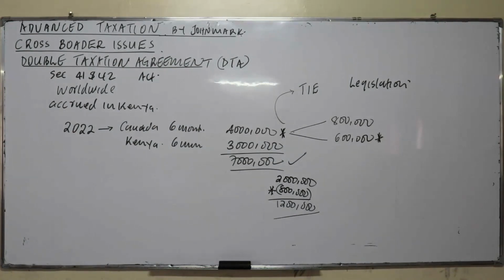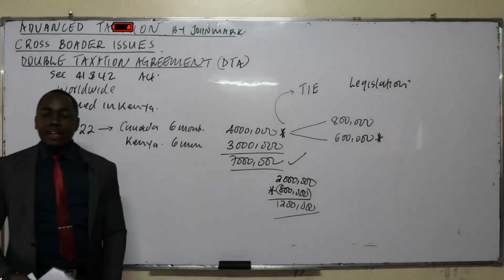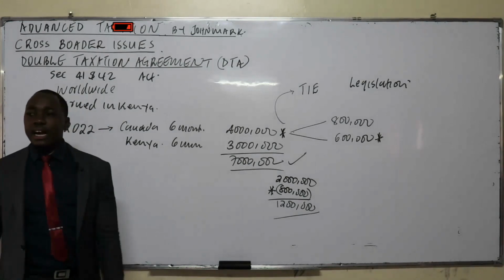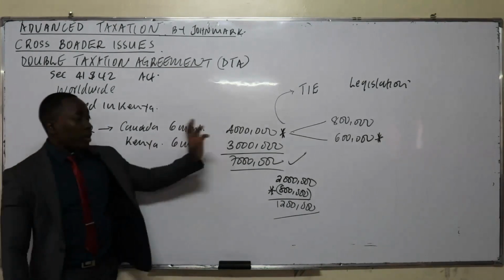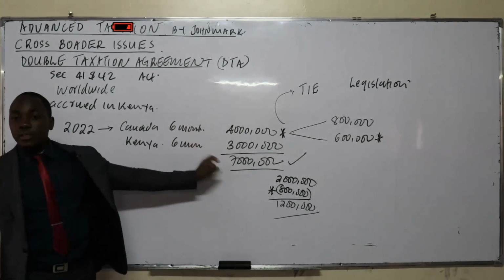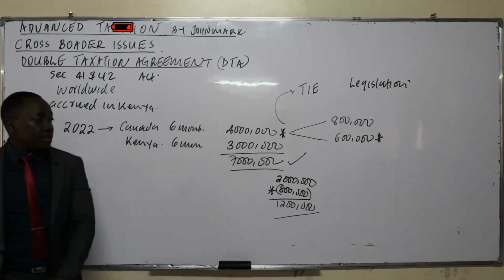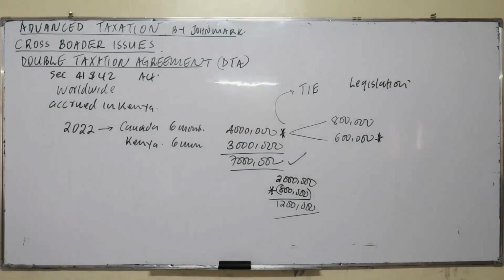Go through that point again before I explain. Read it again. What do you understand? Now, this is what it means. Assuming you're not tax literate, and when filing your tax you didn't engage an expert, or in case you engaged an expert, you didn't give all the clear information. That means in Canada you declare 4 million, in Kenya you declare 3 million. So the assessable income is 7 million. Then you assess 7 million and see that you are supposed to pay a tax of 2 million. Then innocently, you pay the entire 2 million.